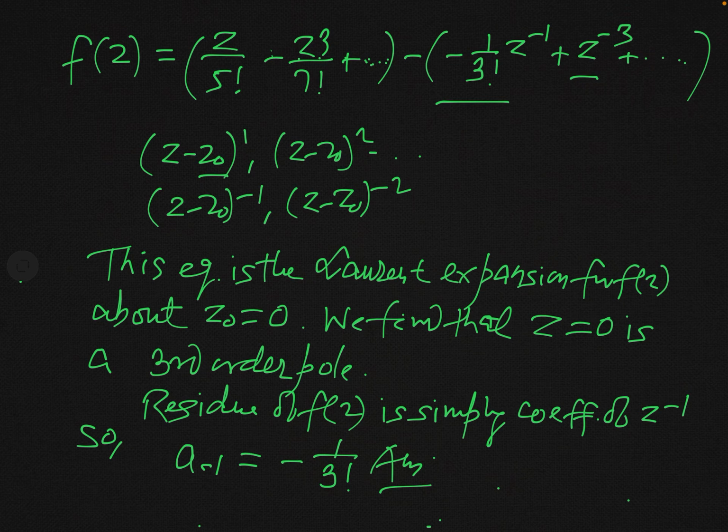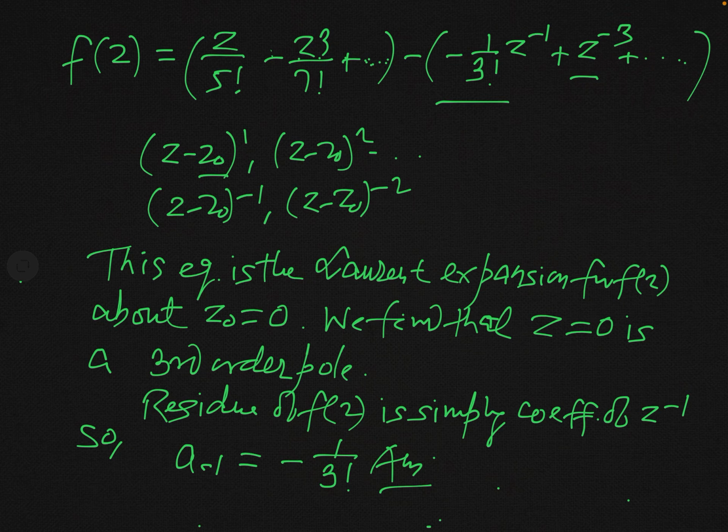I have told you while dealing with the technique to find the residue that in this condition, once we find the Laurent expansion, we simply see the coefficient of the term containing the factor z minus z naught to the power minus 1,